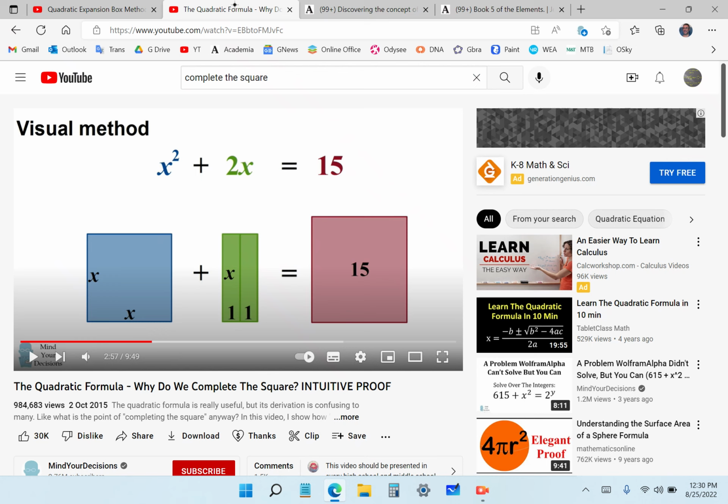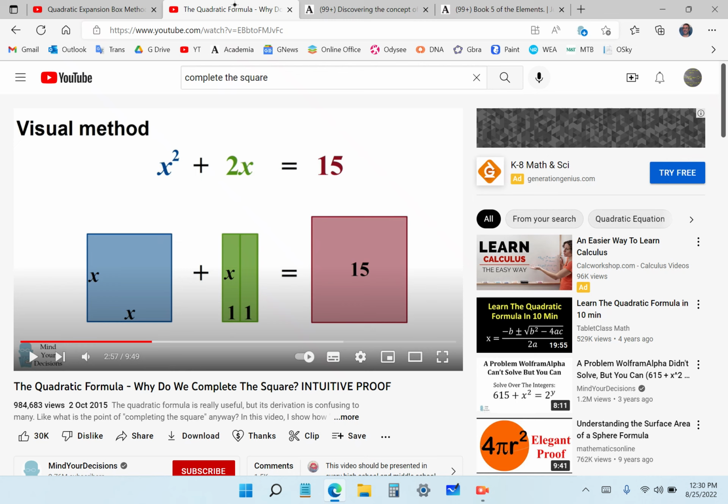And why is completing the square very important? Because it helps you to factorize a trinomial, believe it or not. Otherwise, you have to sort of guess. You've got things like the FOIL method, which is a load of rubbish. I've never really liked it. And you have to remember stuff. But completing the square